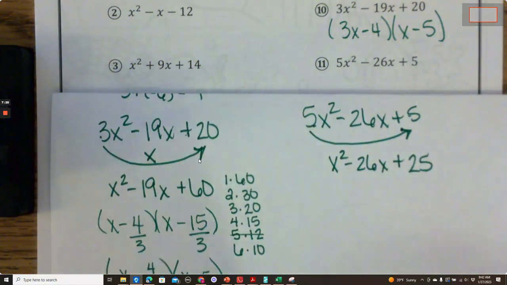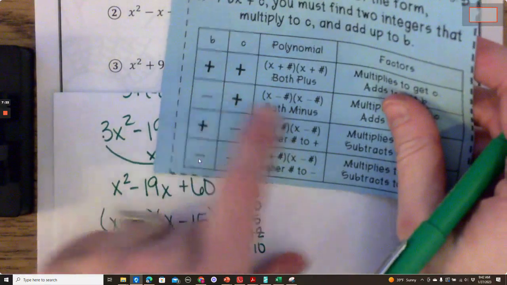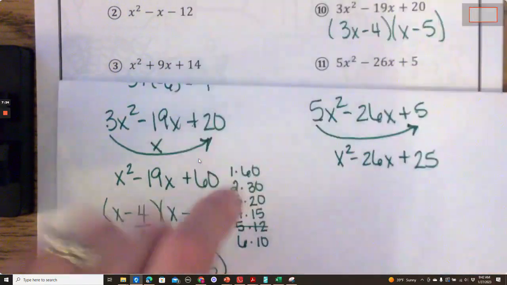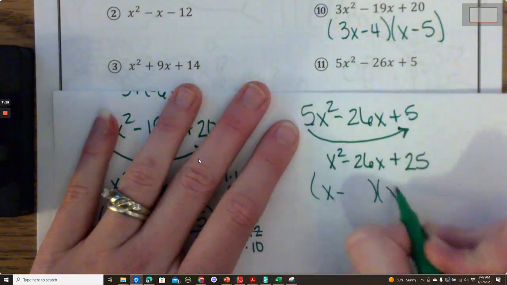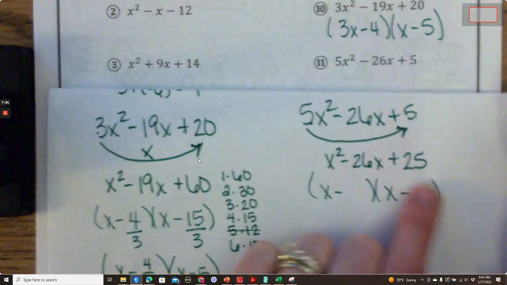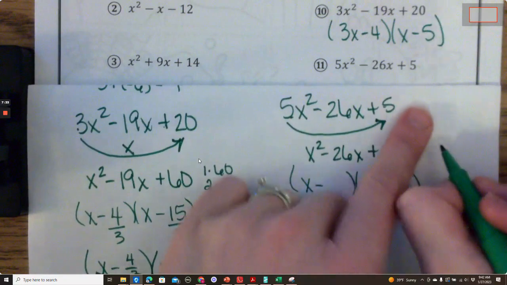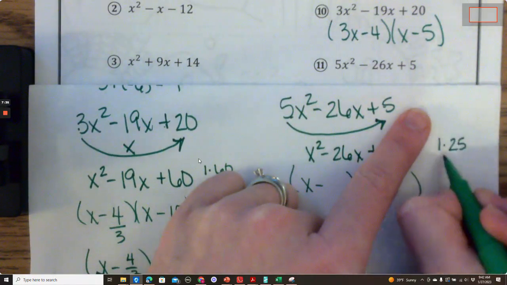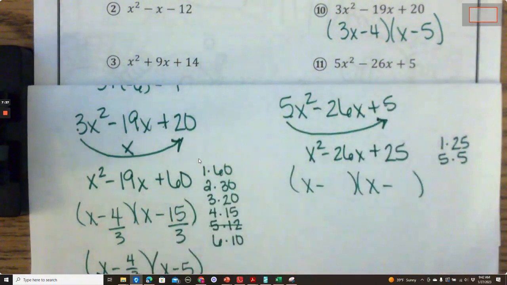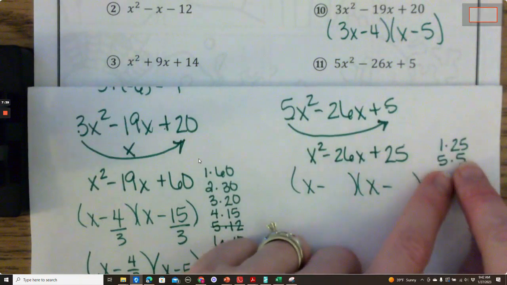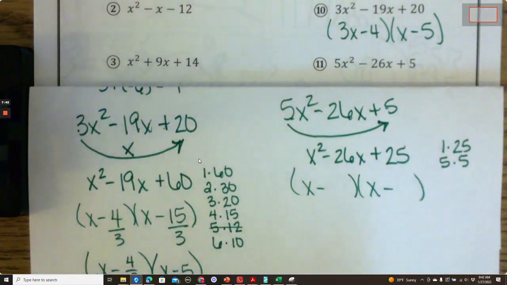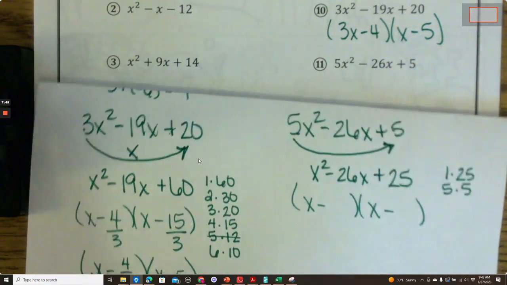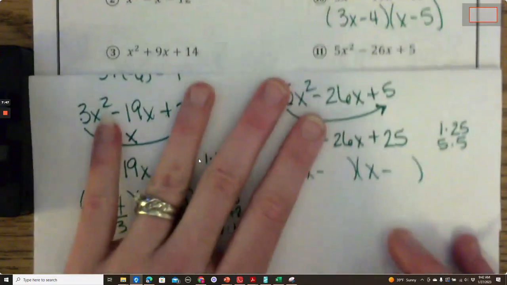So a negative and a positive, both are minus again. So x minus a number, x minus a number. Factors of 25: 1 and 25, 5 and 5. That's all I got. And your factors can be the same number. That does happen occasionally. But in this situation,